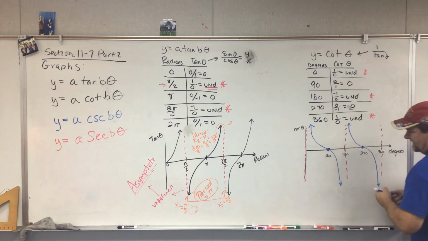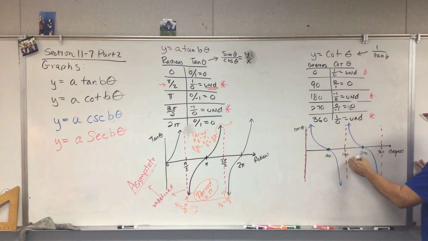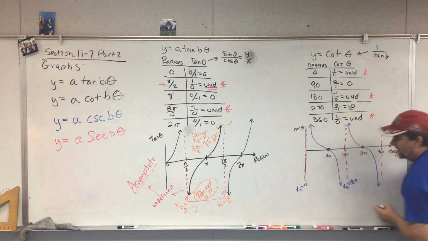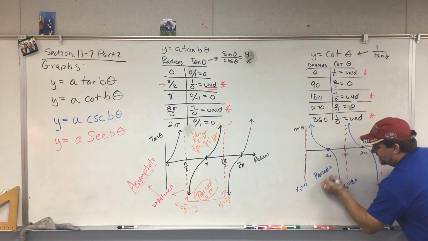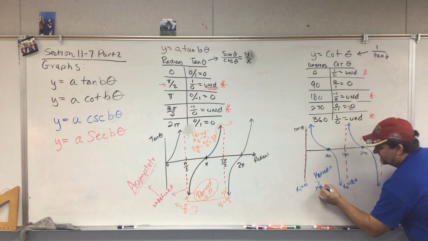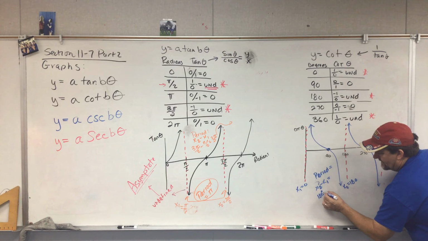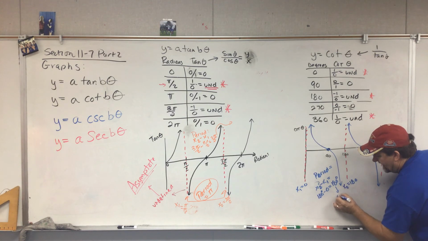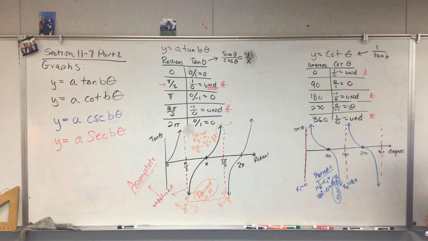So let's just look at this period here. When does one cycle repeat itself? Well, it repeats itself at x2 is equal to 180, x1 is equal to 0. So if I subtract those, the period is equal to x2 minus x1. And so that's going to be 180 minus 0, which is 180 degrees. Or we could call that pi. So the period for this one is also 180 degrees, or pi. So that's how you graph tangent and